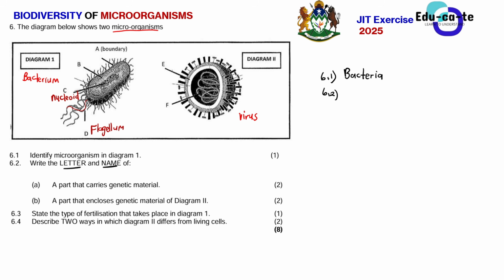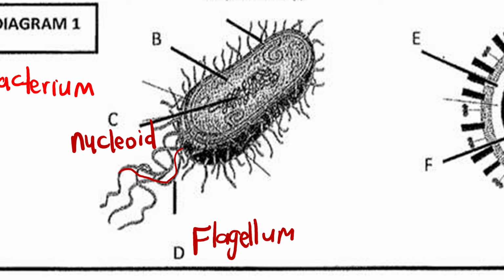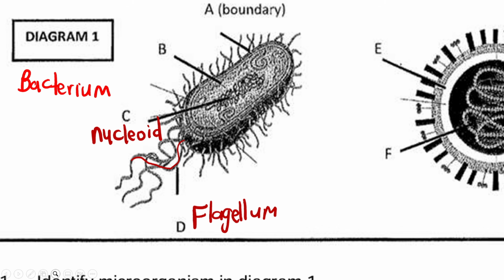And then now they say, what is the label for part B as well? When you look at part B, I don't know if you can see properly there, but that's a plasmid inside the bacterium. Probably when they give you a question paper, you'll be able to see clearly there.